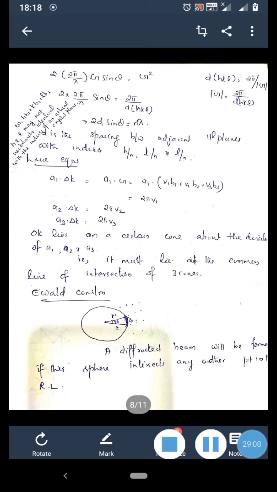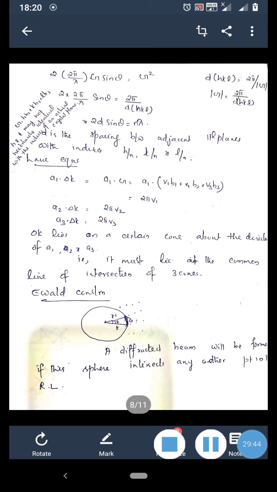Thus at a reflection, delta k must satisfy all three equations, that is, it must lie at the common line of intersection of these three cones. Delta k should lie at the intersection of these three cones, which is a severe condition that can be satisfied only by systematic sweeping or searching in wavelength or crystal orientation. Only if that particular condition is satisfied can diffraction take place by a crystal. That is another statement of the diffraction condition.